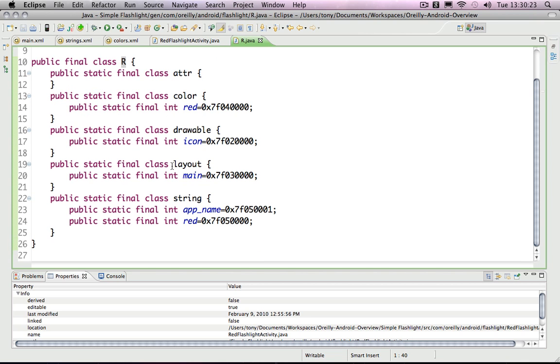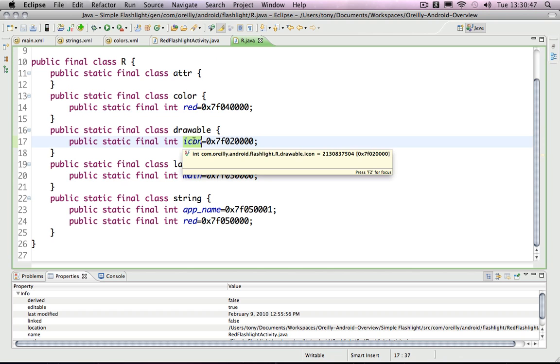And you can see that there is a unique integer identifier for each one of these resources, and every time you add a new resource or every time Android finds out about a new resource, this R class will be configured such that each one of those resources is uniquely named by what you know as the developer, the file name or the resource name, like the color red, the icon drawable, which was picked up because its name is icon.png, and Android puts those all together